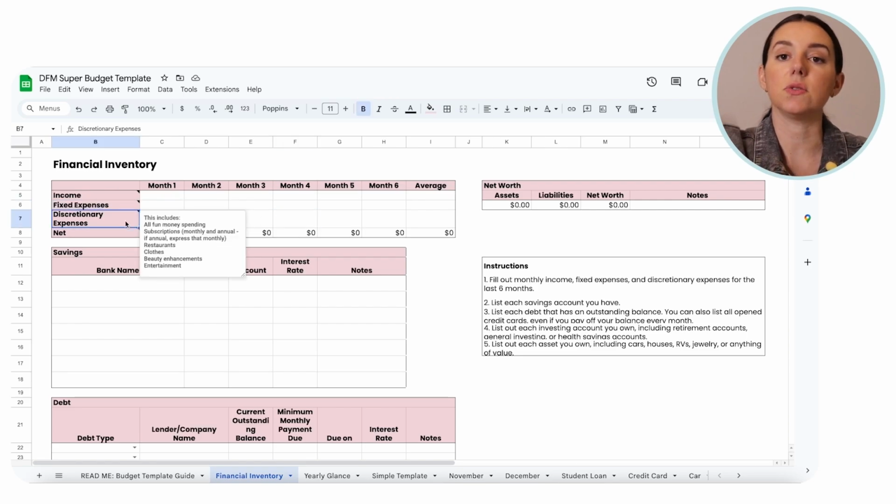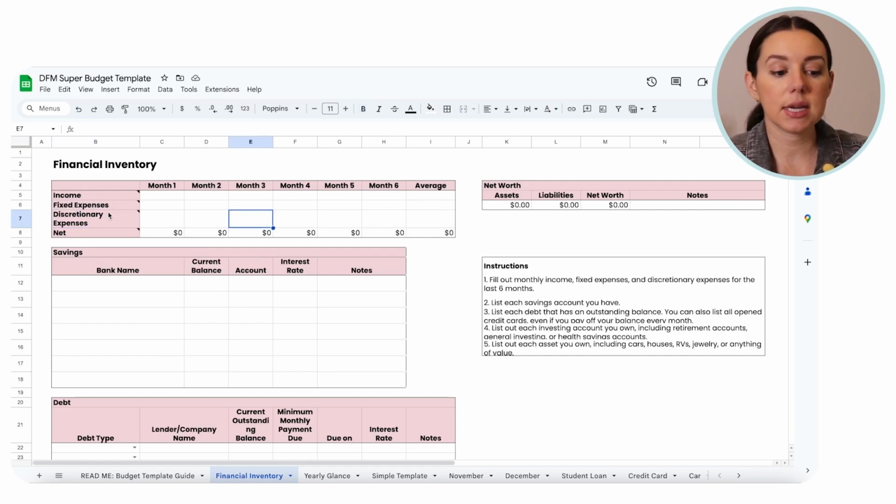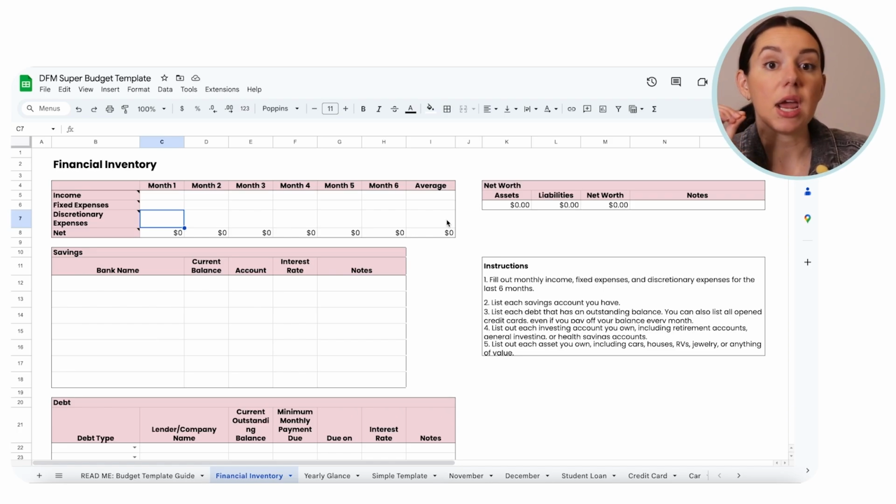Discretionary expenses include all of the fun stuff. So subscriptions, restaurants, clothes, shopping, beauty enhancements, entertainment, concerts, that sort of thing. You may not know this. And honestly, if you have been budgeting for a long time, this will be very quick for you to fill out. Getting an average of these things is really going to help you budget in a way that is realistic